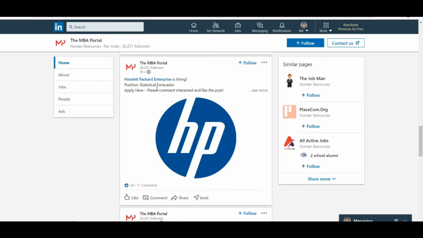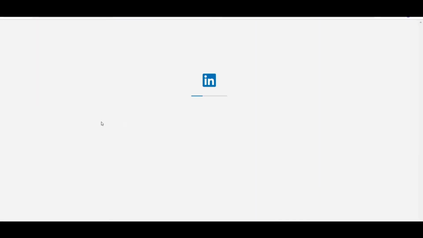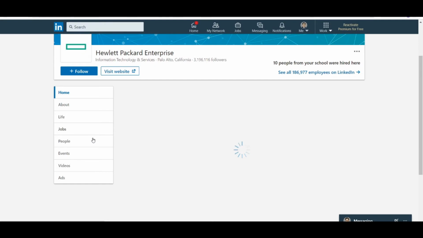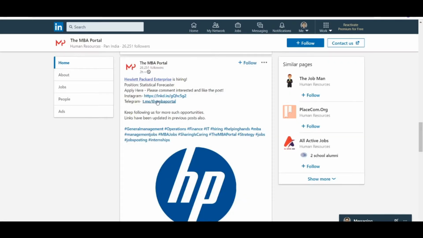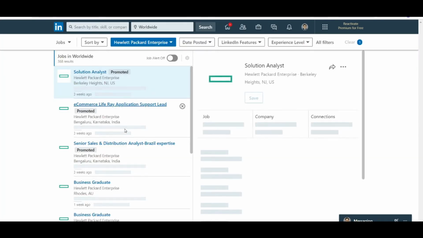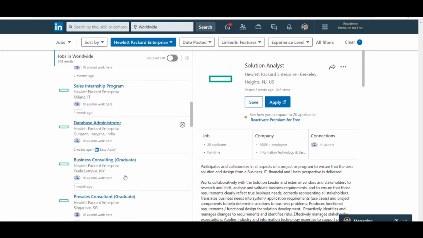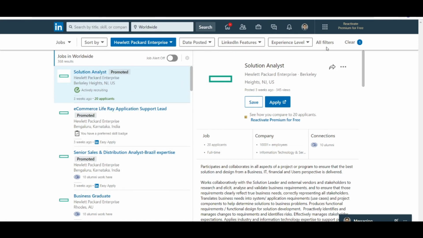In another example, sometimes due to a typo error or a spelling mistake, you're not able to find the job. So in this case, you can also search by searching for the job profile. So statistical forecaster is not available in Hewlett Packard Enterprise.